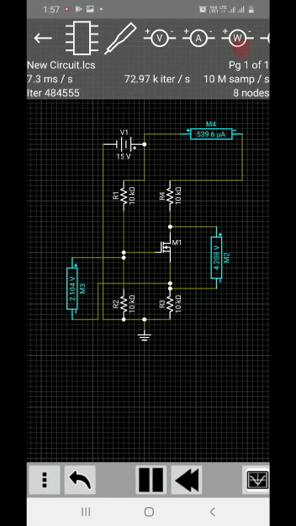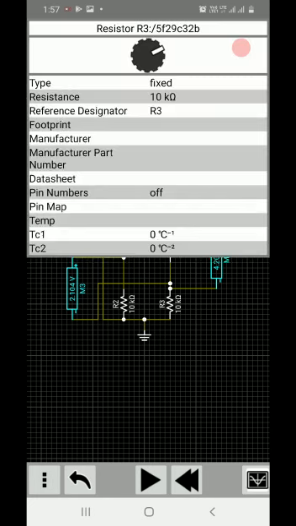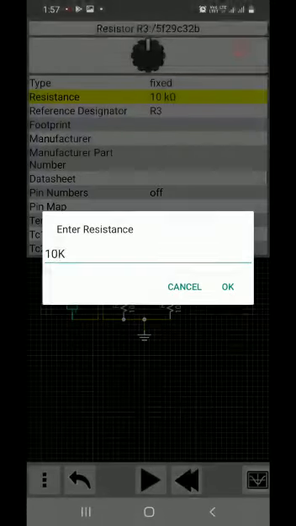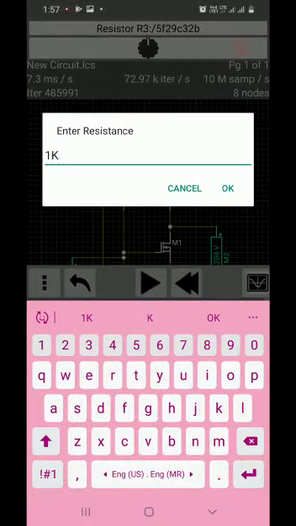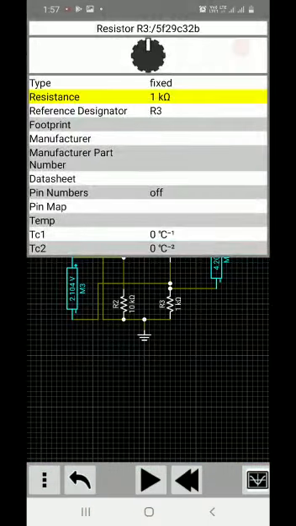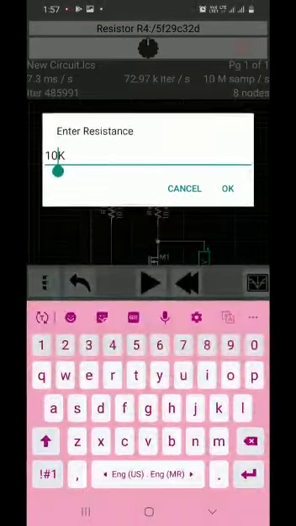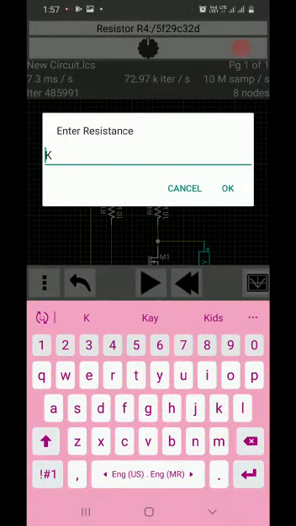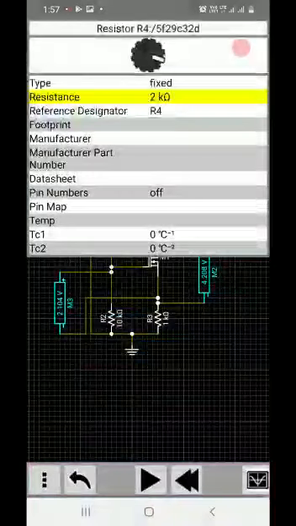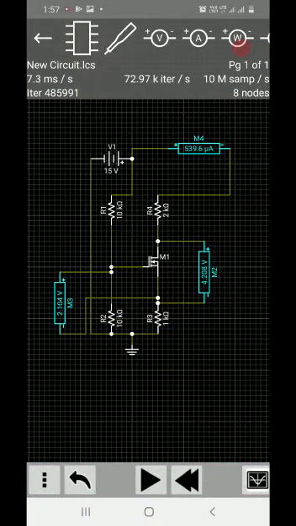Okay, I will do one thing. Now I will change the values of the resistors. I will make this 1K. In settings, I will make this value 1K. Then I will make this resistor, which is acting as RD, I am changing its value to 2K. In the circuit I am calling this R1, which is used for voltage divider biasing.